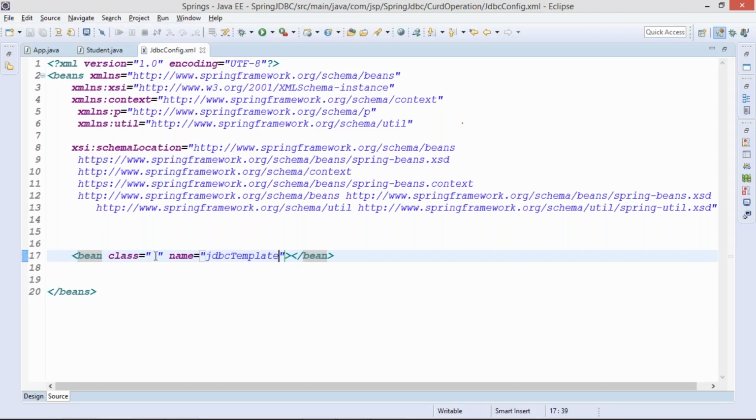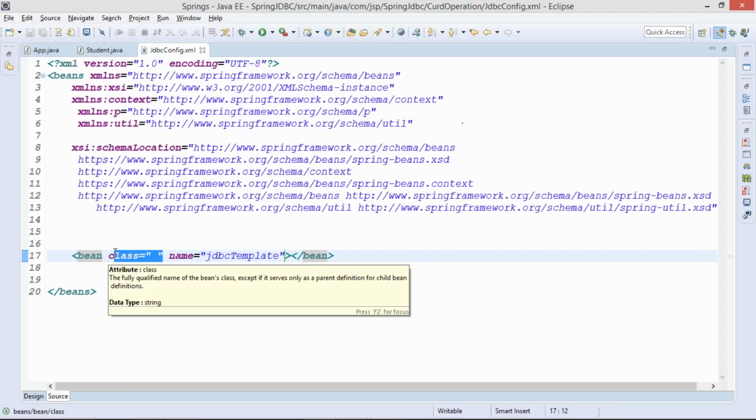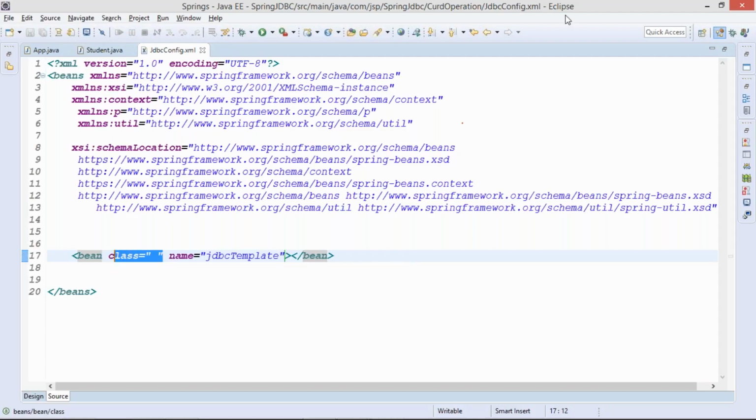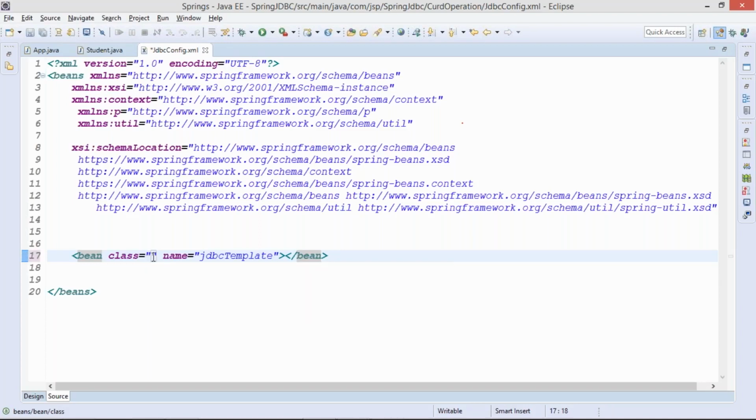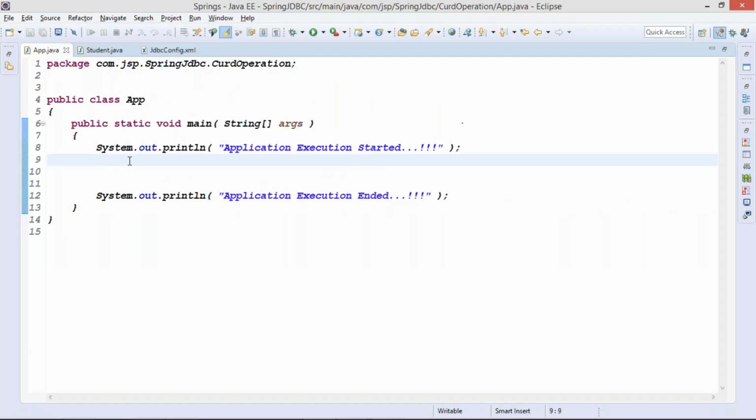But if you remember guys, here in bean class we have to pass the fully qualified class name. Hold on, we can't remember the fully qualified class name, so from where should we get it? Don't worry, we can do one thing. Go to your main class and type here